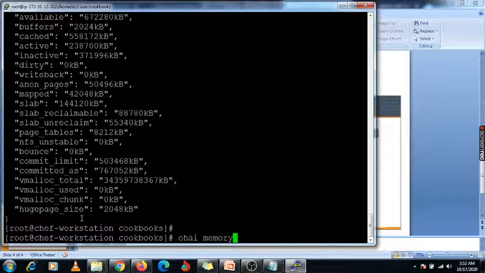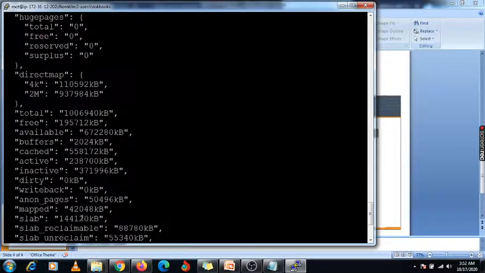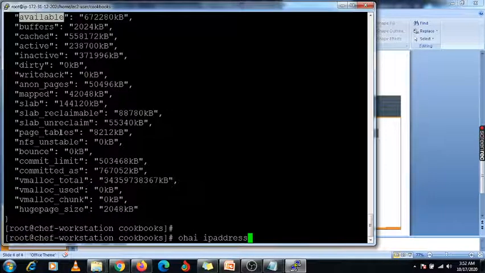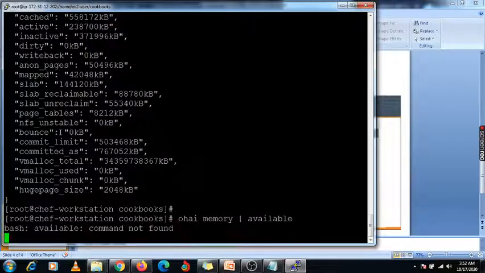If you want to check the memory and the total size, here are the parameters we used: total, free, available. If you want to check available, you need to specify ohai memory pipe available, enter it.